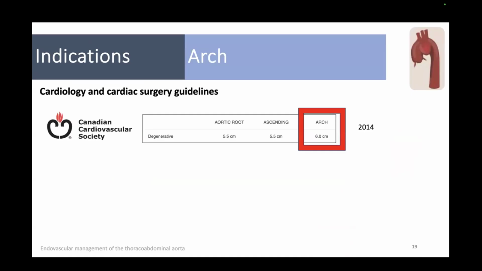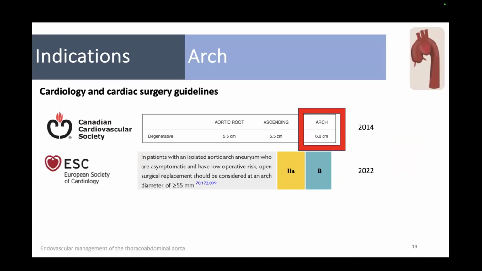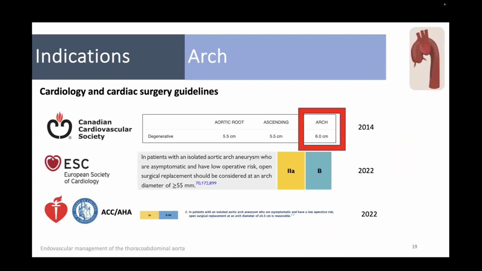For the arch specifically, the CCS had a recommendation in 2014 to start thinking about the treatment of the arch at 6 centimeters. This was lowered to 55 millimeters by the ESC and the CCHA in 2022. So on the cardiology, cardiac surgery side, that's mostly what I've found and also what I've been discussing with my